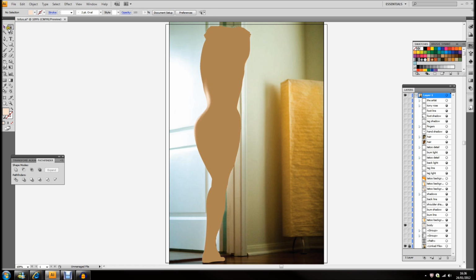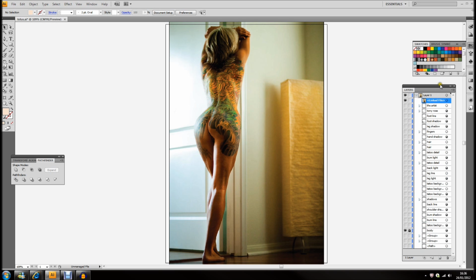Right. Now the next thing is just put a lock on that body. The next thing is the lines, just to depict the body parts. So if I unlock that linked file and take the linked file right up the top there, so it's over the top of everything else, lock it again, and we'll magnify this bit up,